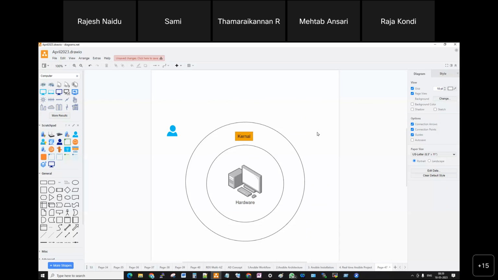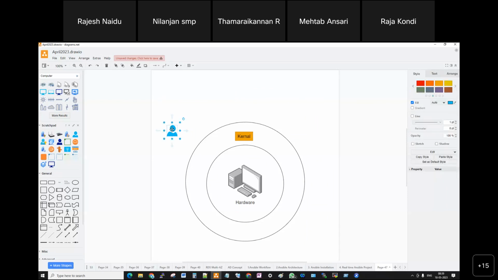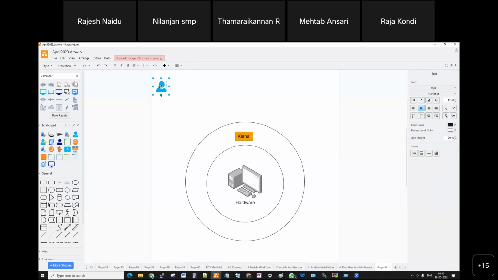The next question is how kernel was made. Any idea? How kernel is developed? With the help of which software? Which programming language? C, that's correct. C language. Yes. So kernel is developed with the C language. So this is myself, Rajesh. I'm giving instructions to hardware. So I have a kernel. Hey, please play video. So the hardware will not understand whatever input I'm giving, because kernel was written in the C language.